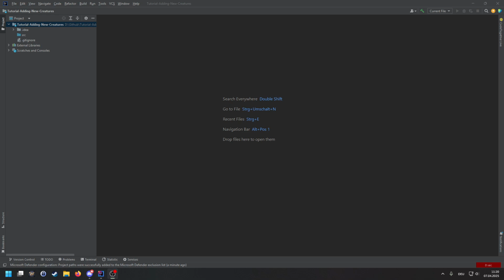Welcome back, Arthur here with a small tutorial of how to make your own creatures or add your own creatures to the game. Here I'm going to show you how to add a new type of cow to the game,